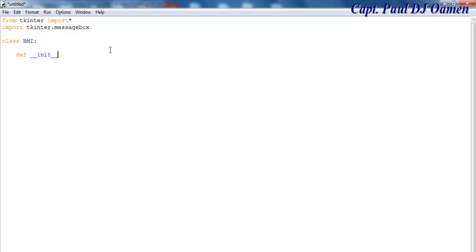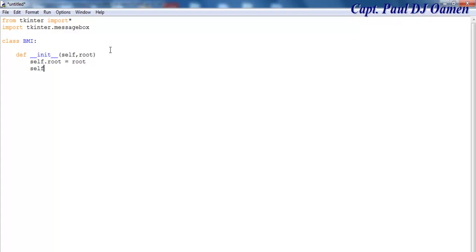After that, double underscore again, open a bracket and enter self comma root. So the root, that is more or less the name of my app. So I'm going to press enter. Make sure you indent your system and then enter self dot root equals root,